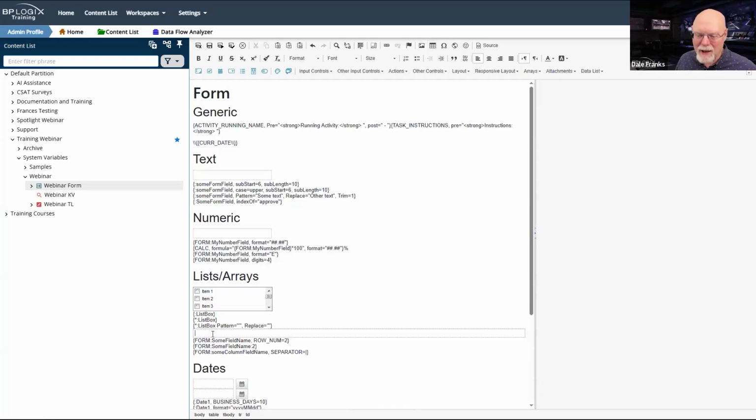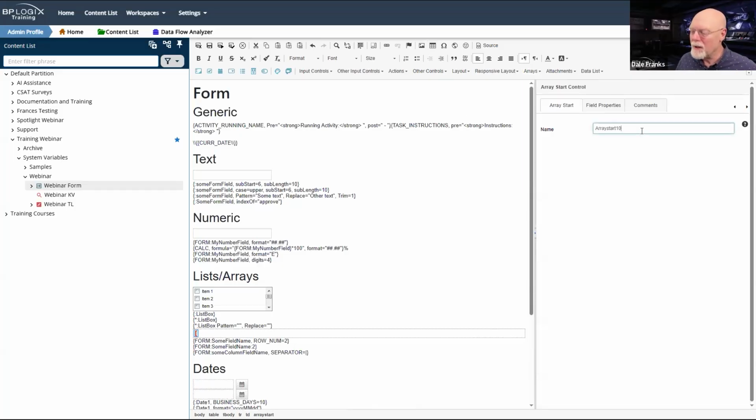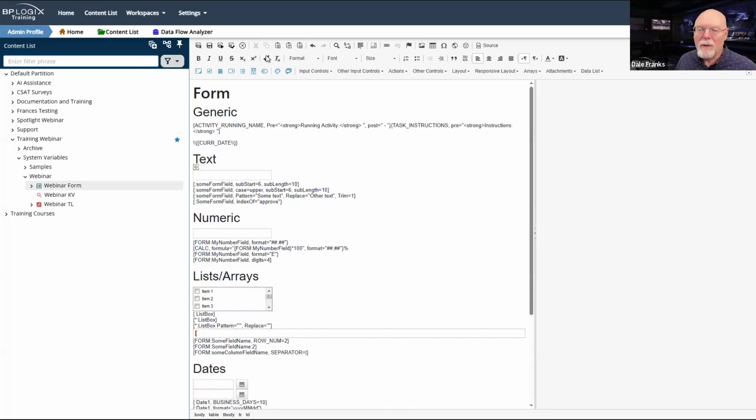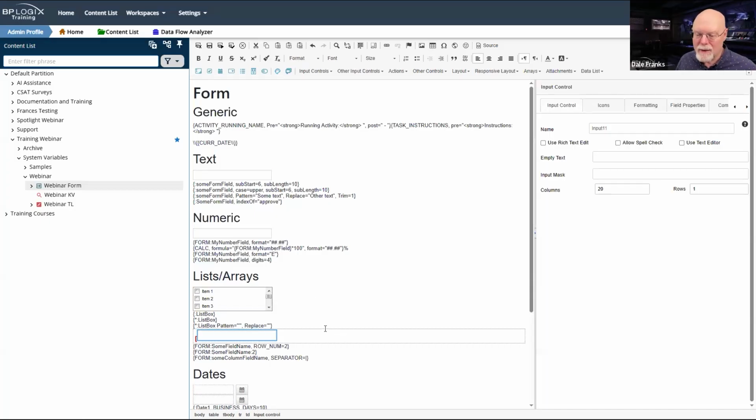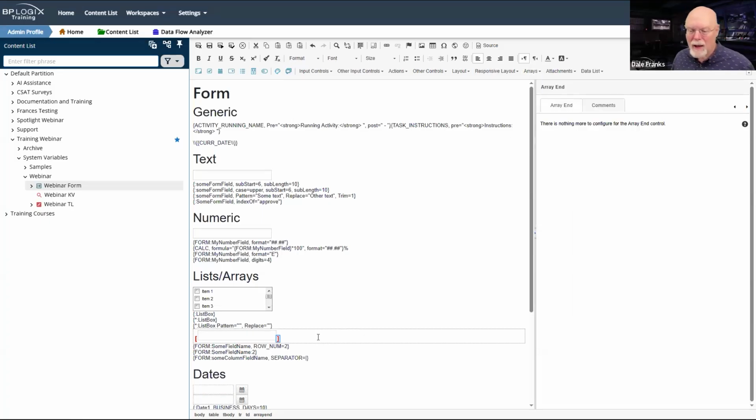So we'll drop in a table, and we'll drop in an array start control. I'm just going to call it array. We'll give it a text box, and then we'll end our array.